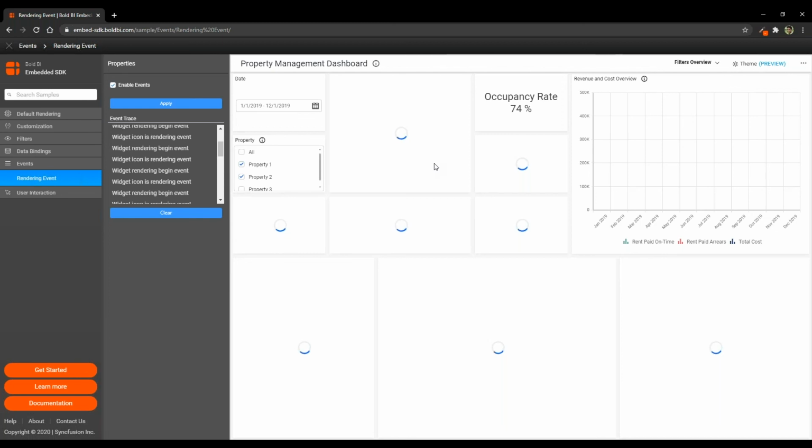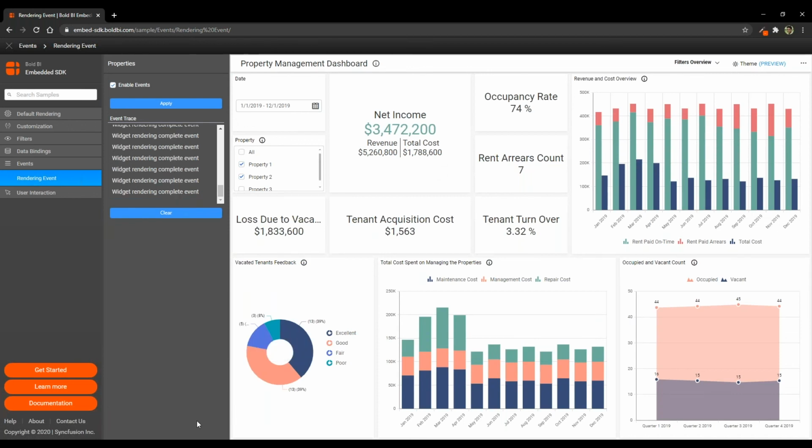Just consider that this is a web page, and once this particular widget is loaded, I'd like to show some form of information over this empty area. Then you can handle this particular widget's render complete event. You can override that, and write the code to display some other element in this particular area, right? This is one particular use case.